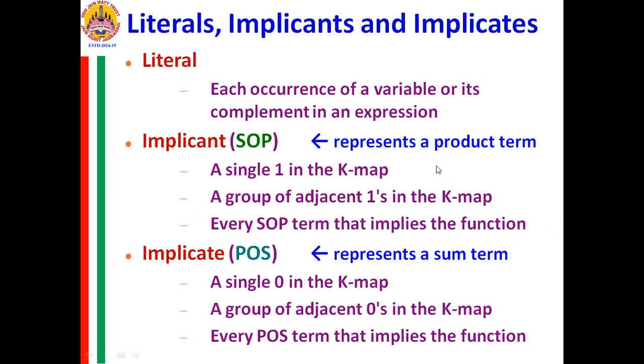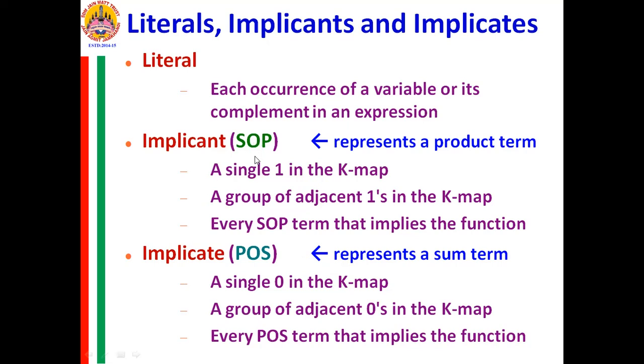Now, the product term which appears in a Boolean expression is also called an implicand, and in a POS the sum term present in the POS equation is called an implicate. The sum term is called an implicate and a product term is called an implicand. So a min term is an implicand and a max term is an implicate.